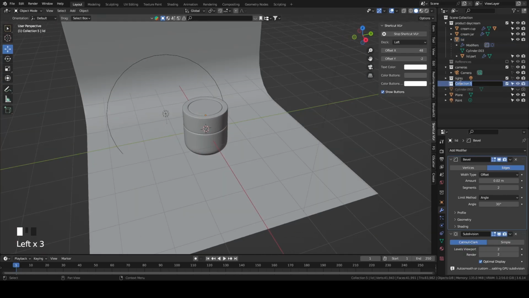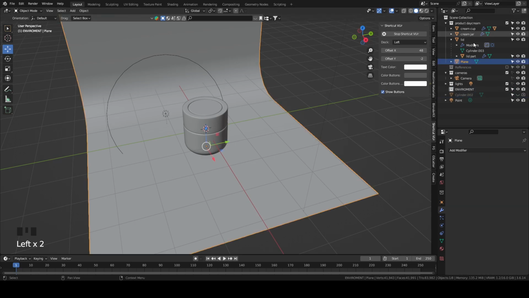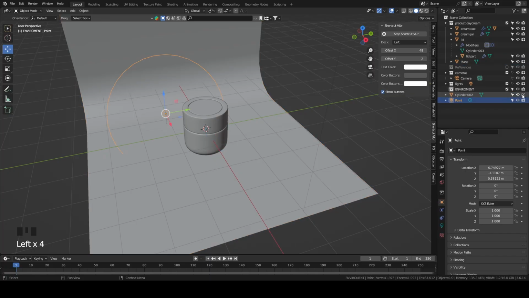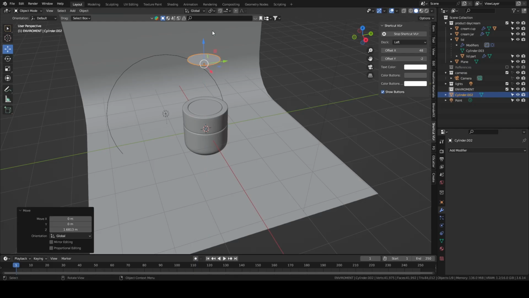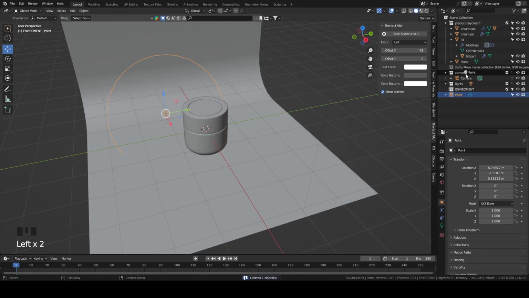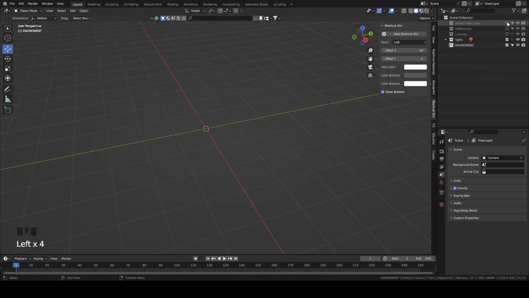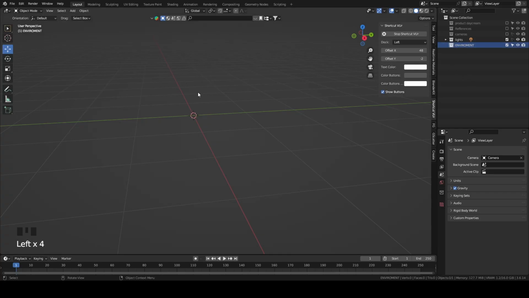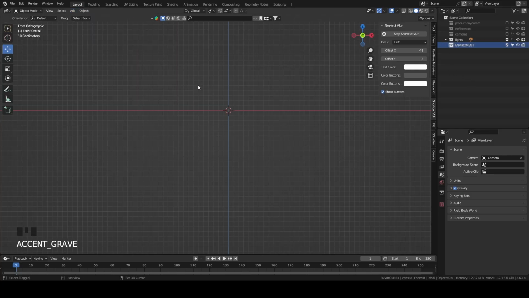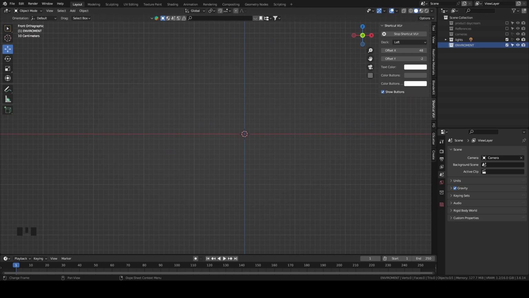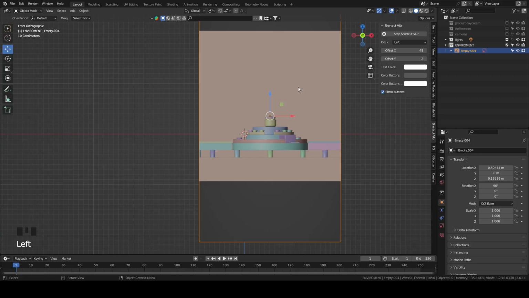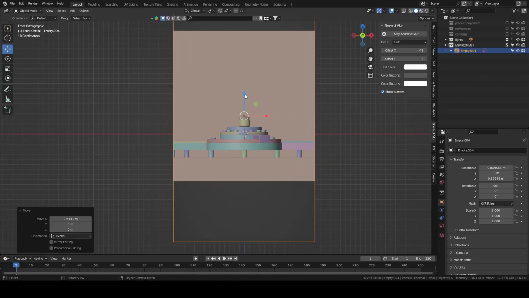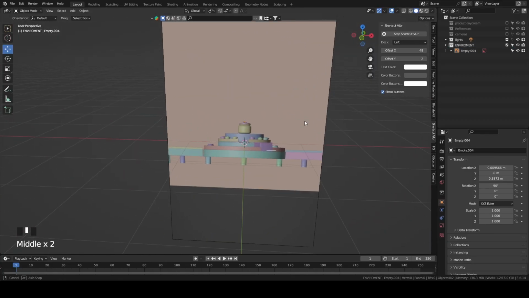So I'm gonna create a new collection over here and name it environment. I'm also gonna put this in here and let me see. Let's delete this one. I'm gonna put the point light with the cameras, hide these ones, and also hide these ones. Like starting from scratch. We're gonna be in this collection for now. Not sure if I will be using this because this can't be completely done without a reference anyways, but